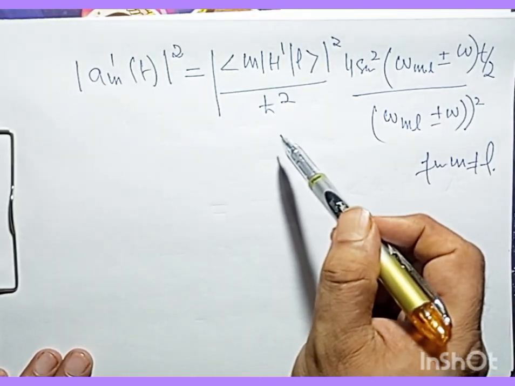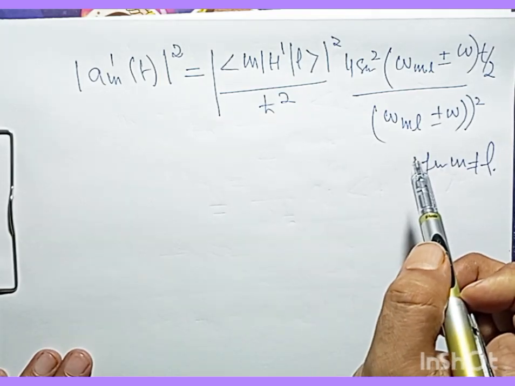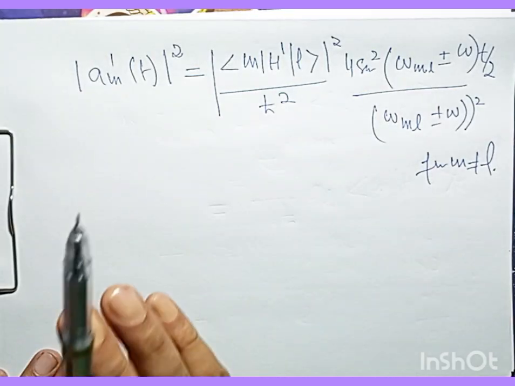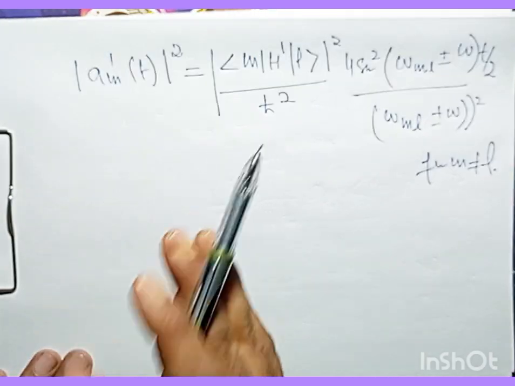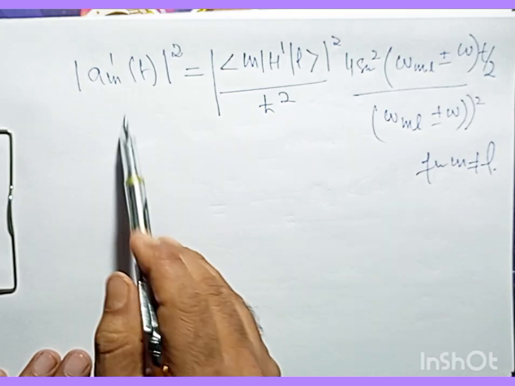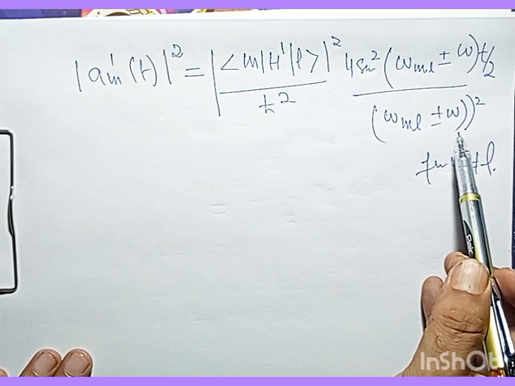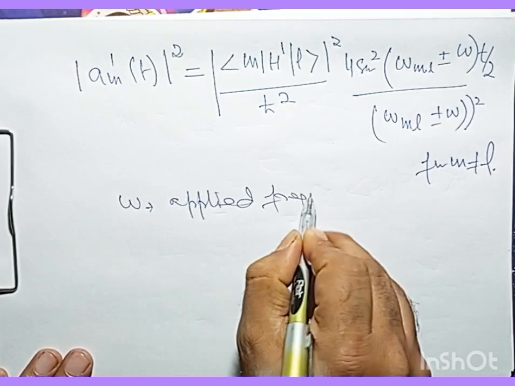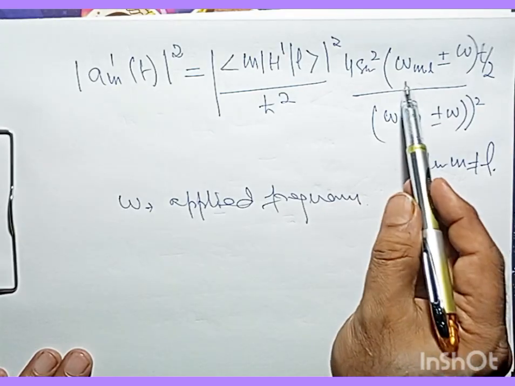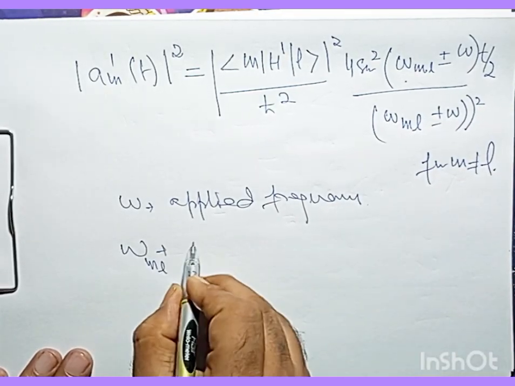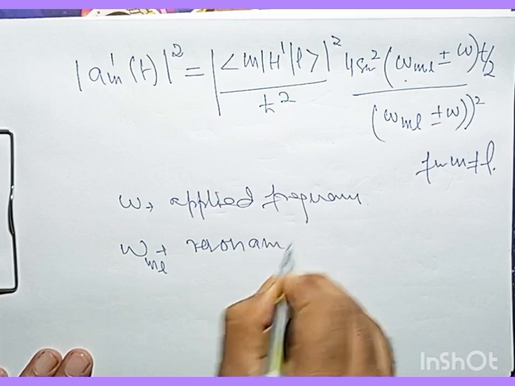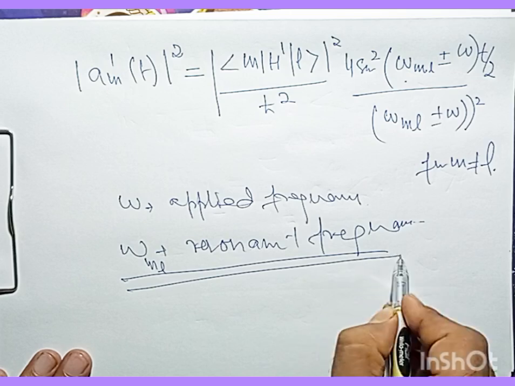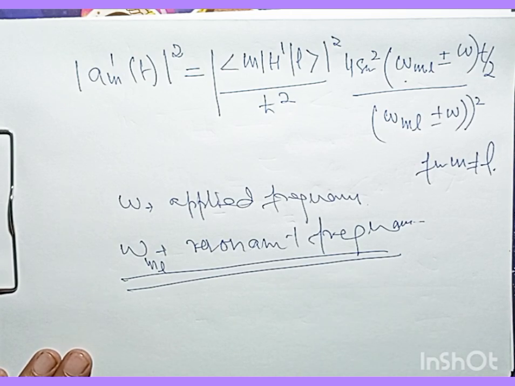I mean, after carrying out the integration of the amplitude and then having a little bit of manipulation, what we do is we obtain the probability density. We obtain the expression for the probability of finding an electron in the state m. And this omega is the applied frequency that we have here. This omega is the applied frequency. And this omega_ml, this is the resonant frequency